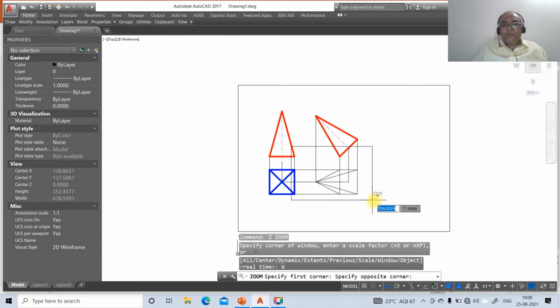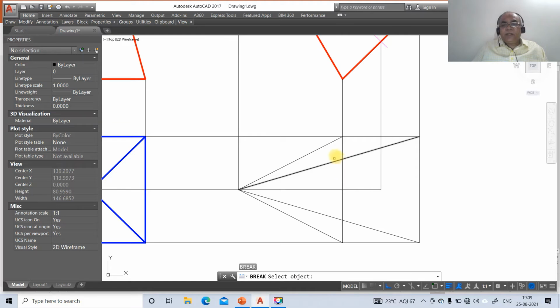Then go to zoom window, then go to break, select this line, take first point, take INT of this and say @. Then go to break, select first point, take INT of this and say @. Then break first point, INT of this and say @. Then break, select this point, first point, take INT of this and say @. Then break first point, take INT of this and say @.